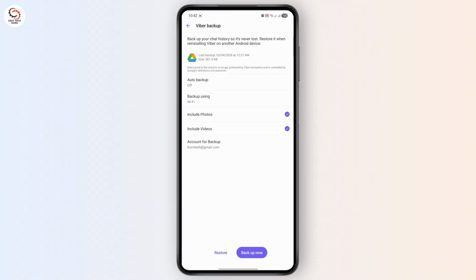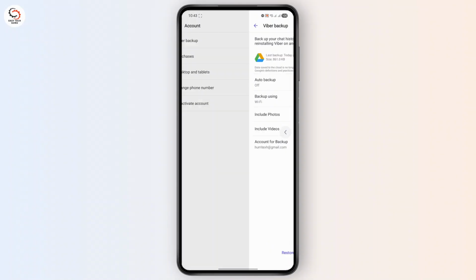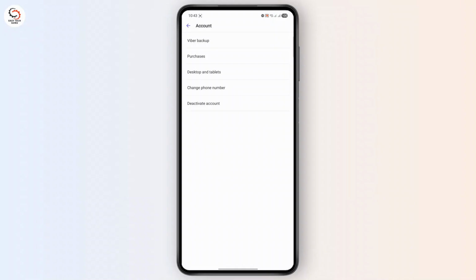At this point, tap on Google Account at the bottom and select the account you want to use for your backup. In the next step, tap on Backup Now at the bottom right to start backing up all your chats immediately. Following this, make sure your internet connection stays stable and wait for the backup to fully complete before switching